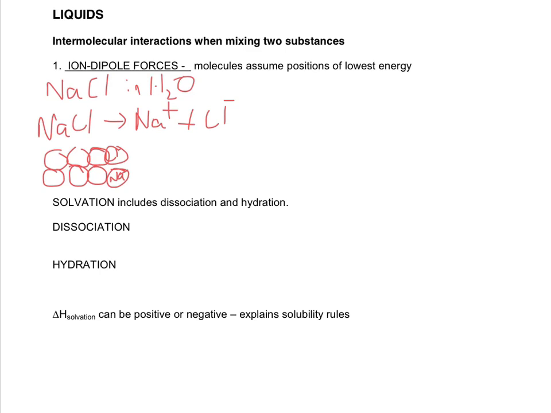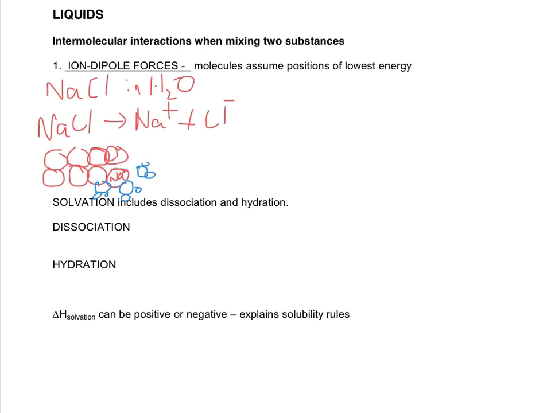And so what happens is the water comes in and surrounds the Na plus ion that's on the outside. And so water is polar. Oxygen has a partial negative, and so the oxygen portion of the water is attracted to